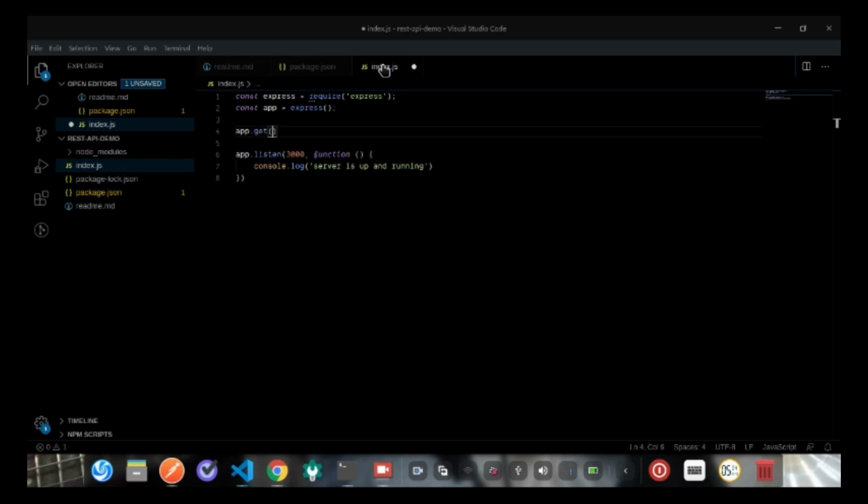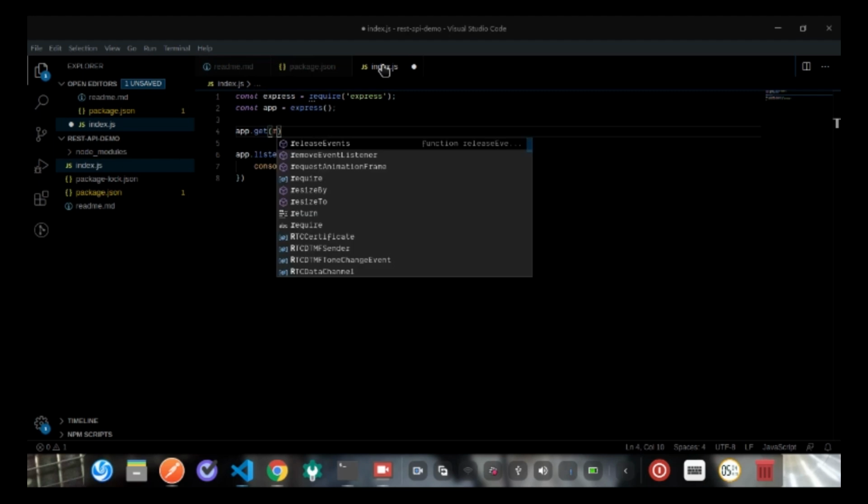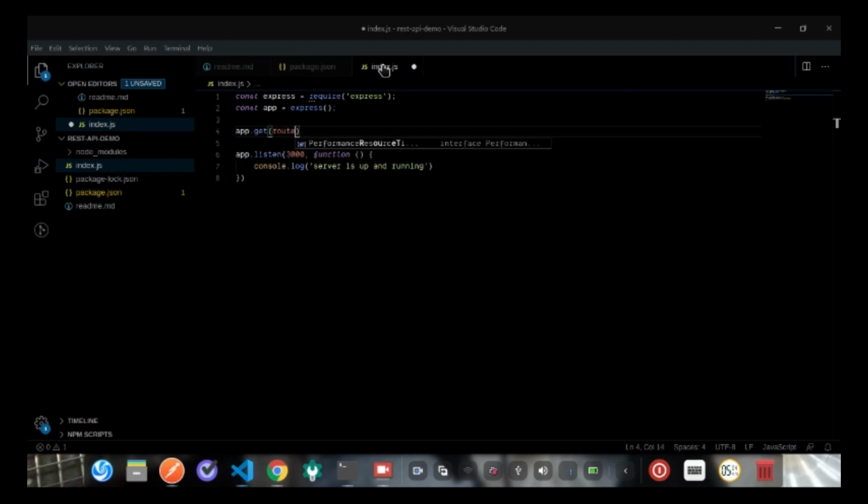App.get takes in two parameters. The first one is the route, which I'm trying to configure, and then the callback function. So first I'm going to add the route, which is my index route, and then I'm going to add a callback function, and that function takes in two parameters. That function takes in request and response,